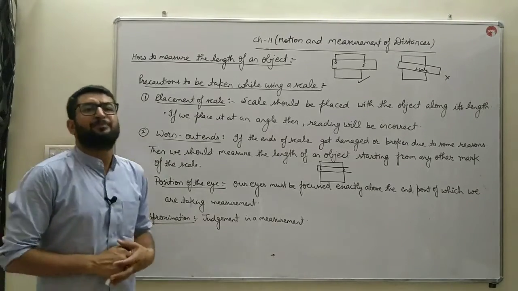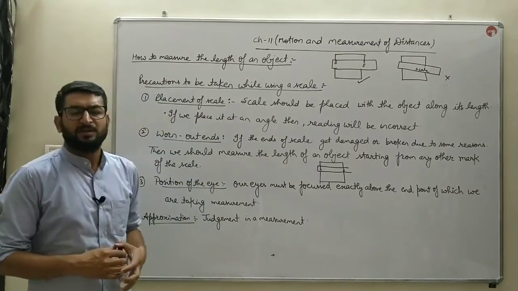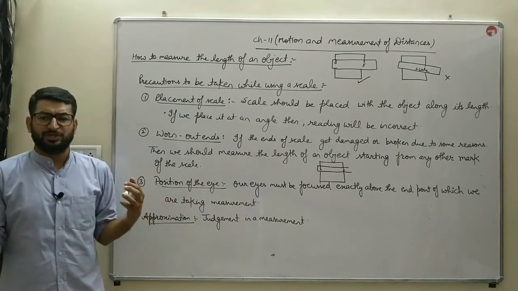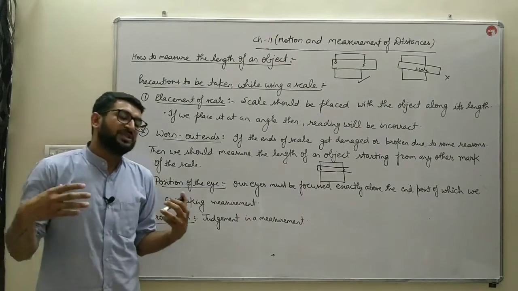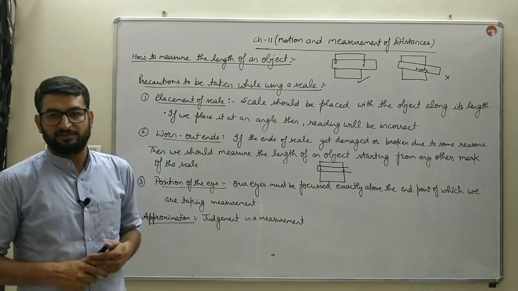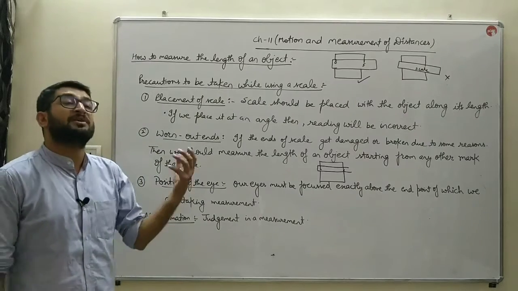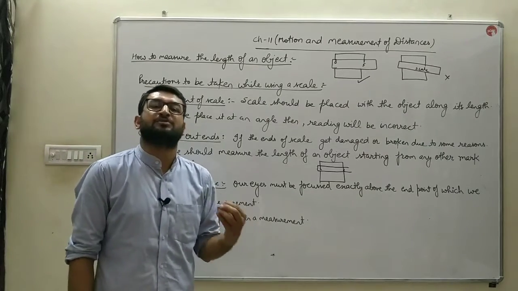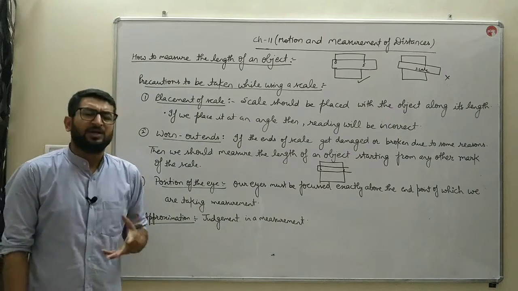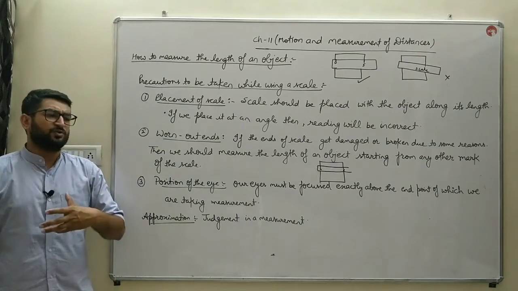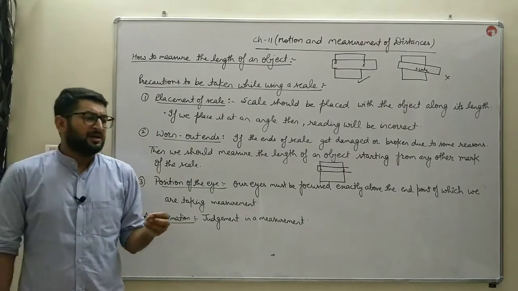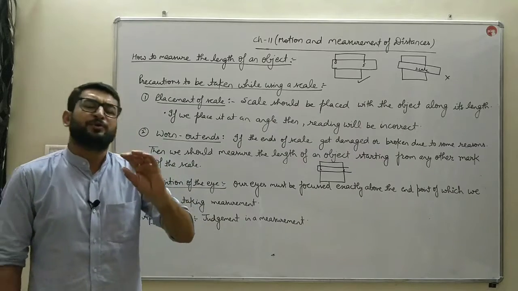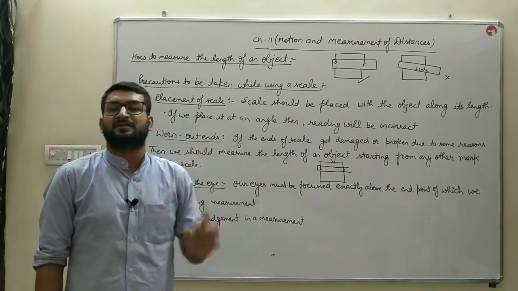Then we'll discuss approximation. During certain life activities, we use judgment in our measurement. That judgment in measurement is known as approximation. For example, during the cooking of vegetables, our mother